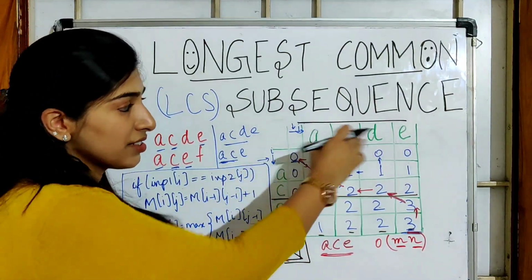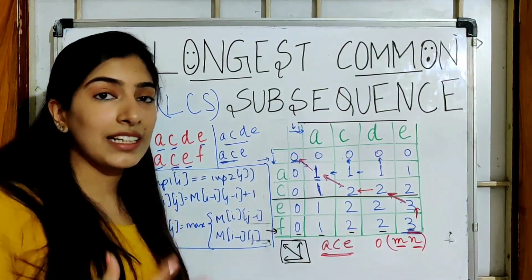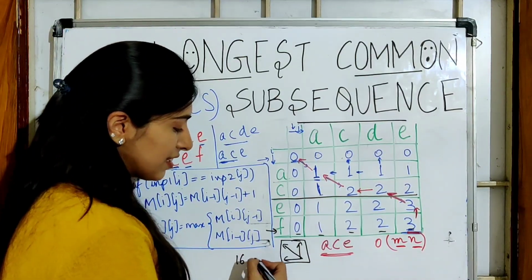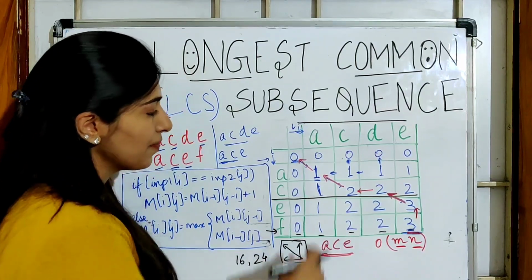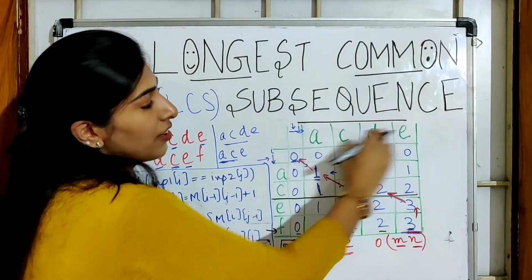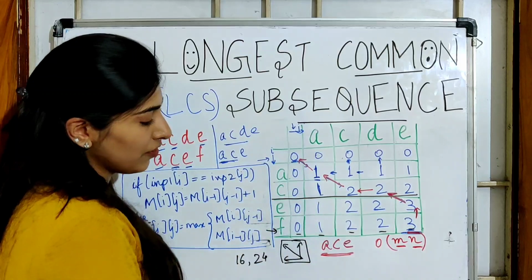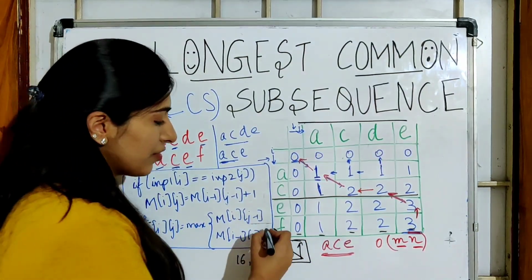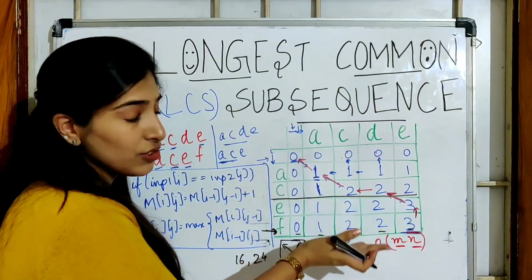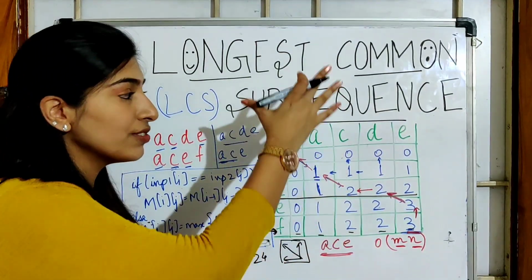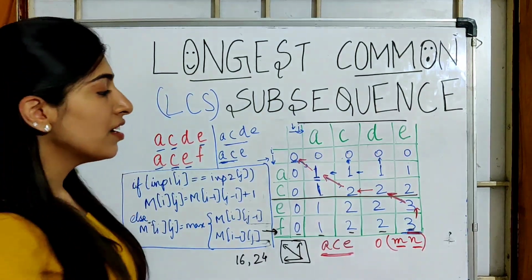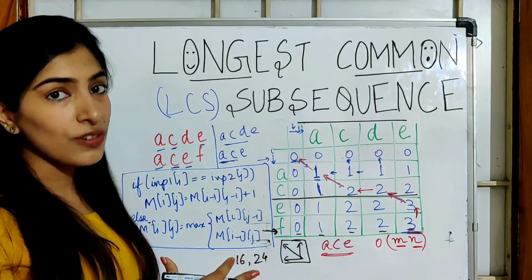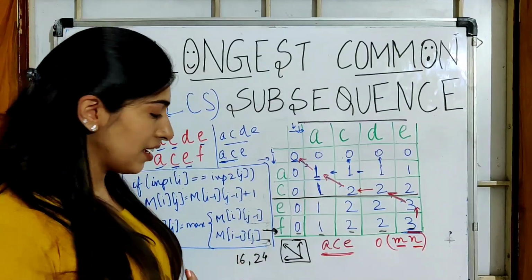Right now our strings are of length 4 and 4. Imagine if the string lengths are really huge. Imagine if the strings are of length 16 and 24. So suppose we take 16 over here and 24 over here. Now imagine we are taking so much space. For finding the final answer, we are using just one row up. We are not using the entire grid. So for this particular question, I am going to do the space optimization and show you, and it will be clearer when we take the example.